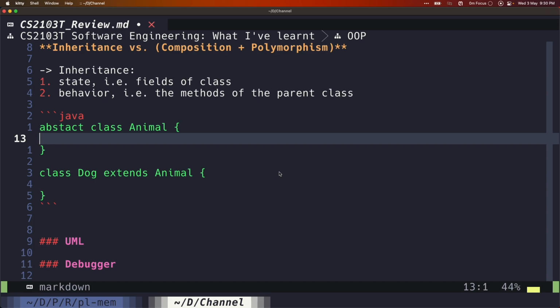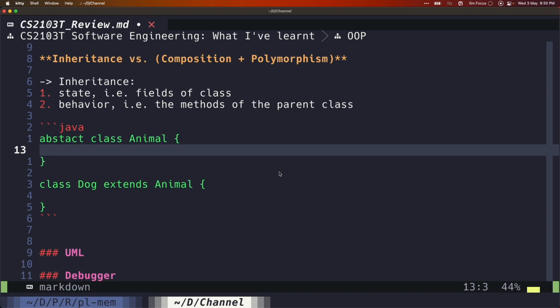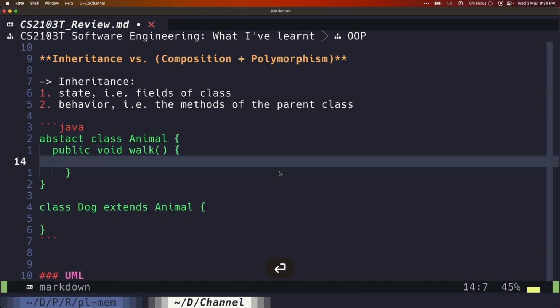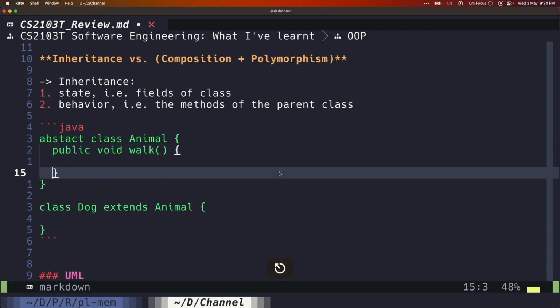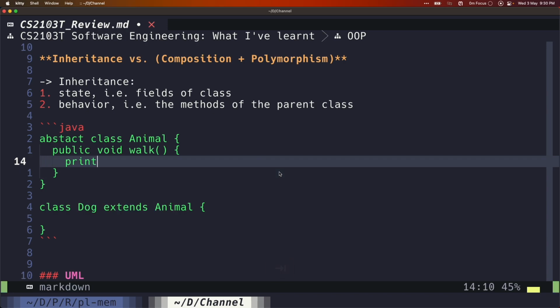Let's say that class Animal has a method called walk, so it's public void walk, and what walk does is that it prints that the animal is walking.